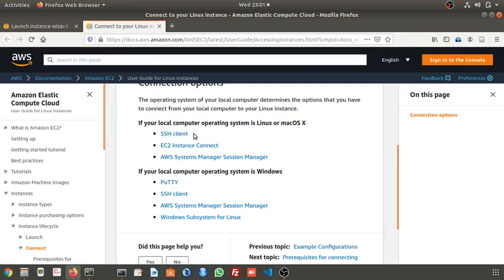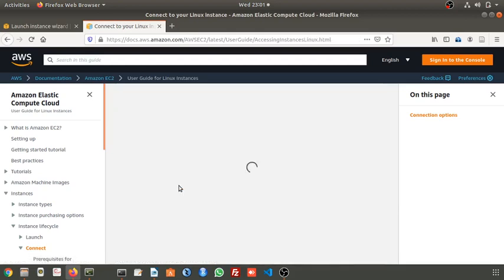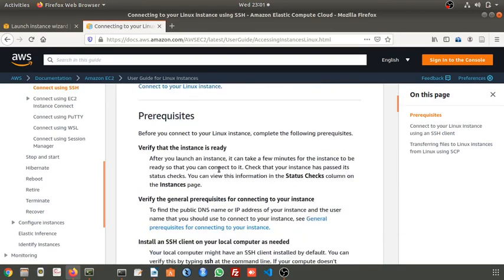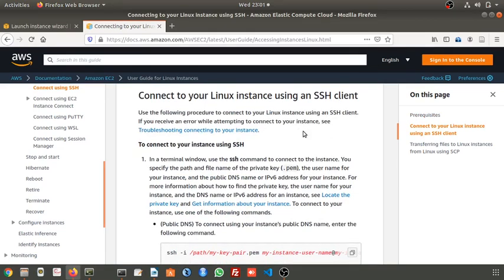See, if you click on this SSH, I am going to connect to this virtual machine using this SSH client. Already we have connected, but I am just going to show you some details here on how to connect to your Linux instance using an SSH client.